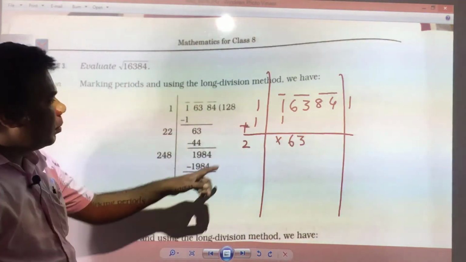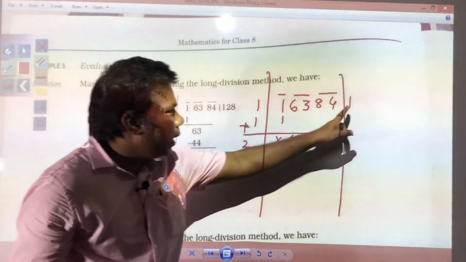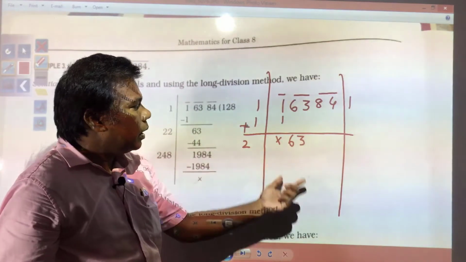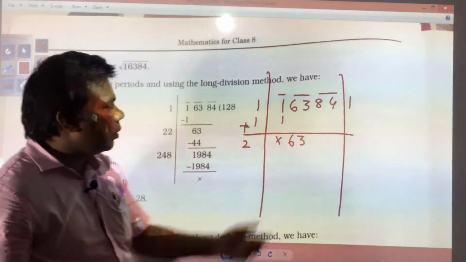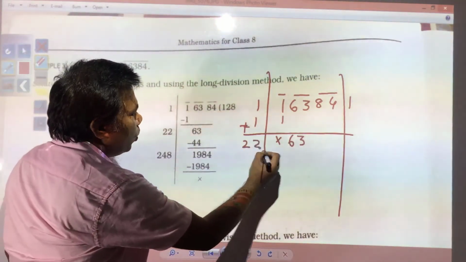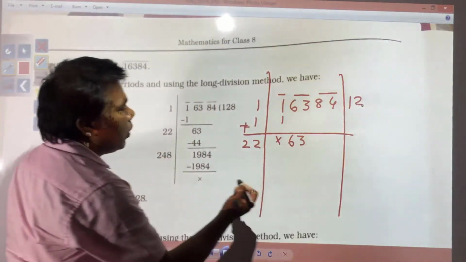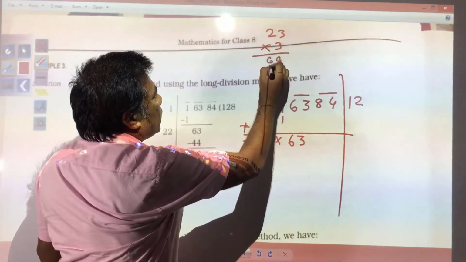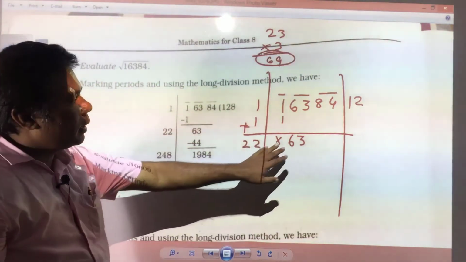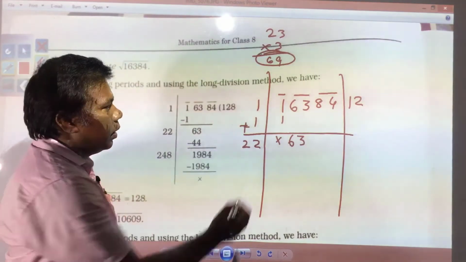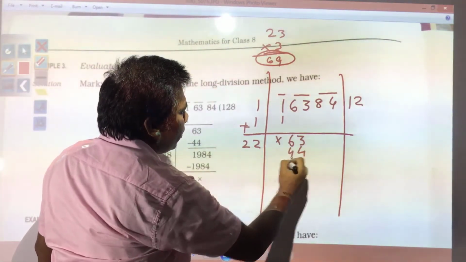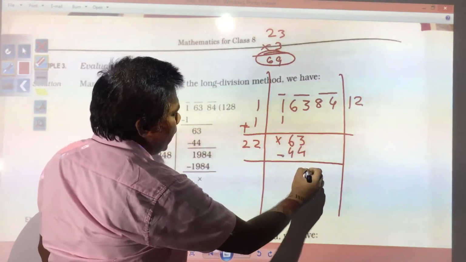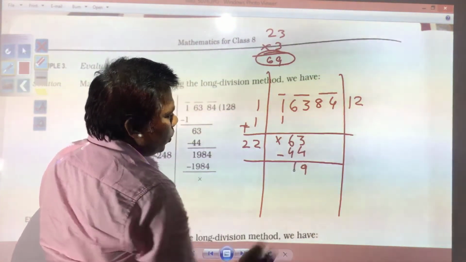Now, you see which number we will write over here and in the quotient, so that if you multiply, you should get either 63 or about 63. So, 2 has been written. You try with 3. If you write 3, what will you get? 23 into 3. 3 3 is 9, 3 2 is 6. So, the number will be bigger than 63, and that is why 2 has been written. 2 2 is 4 and 2 2 is 4. If you subtract, what will you get? 13 minus 4 is 9 and 5 minus 4 is equal to 1.